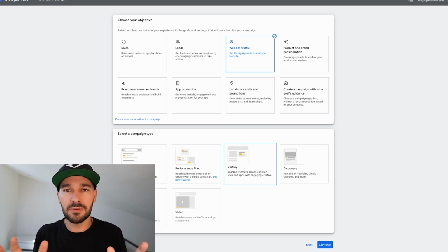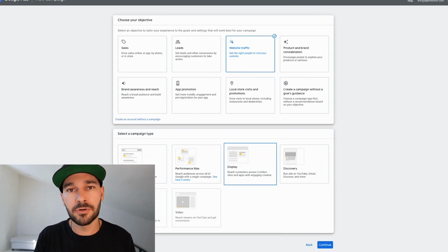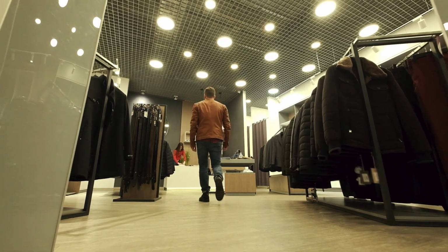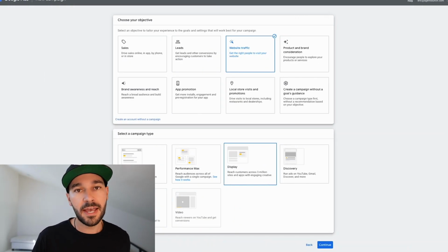So how I would equate these two things is like driving down a highway, and Facebook ads are like a billboard. You're just kind of showing that ad to everyone who passes through, hoping you hit the right people. Google Ads is more like a storefront. When people walk into your store, they do so with some kind of intention. Now, some people are just gonna be looky-loos and they're not gonna buy anything, of course, but on average,